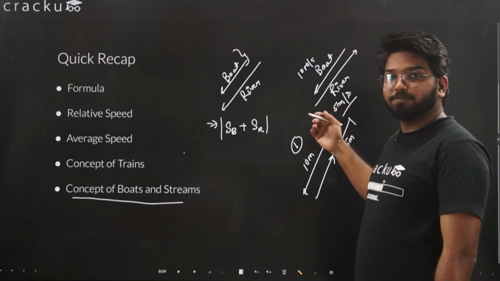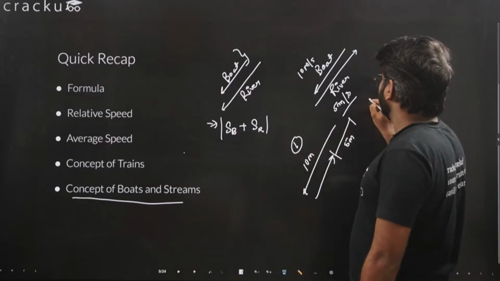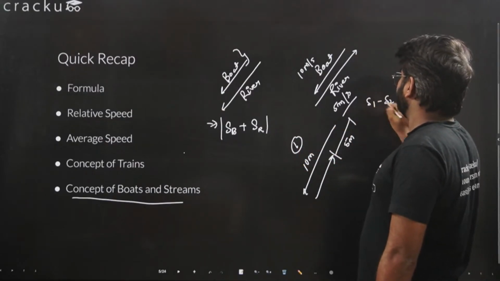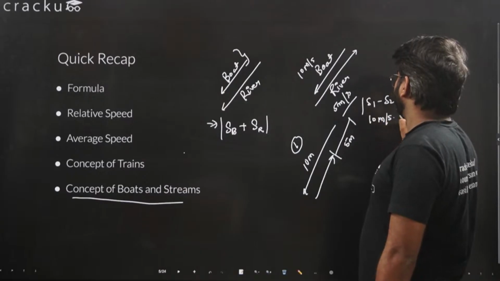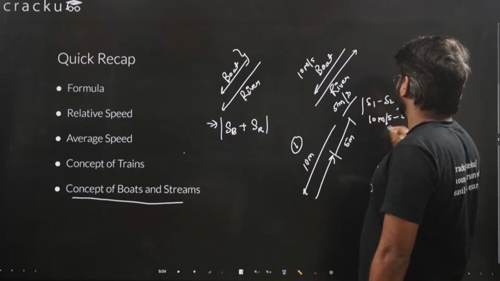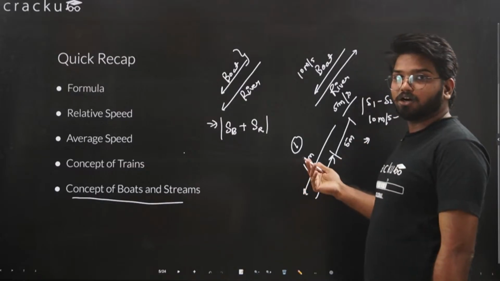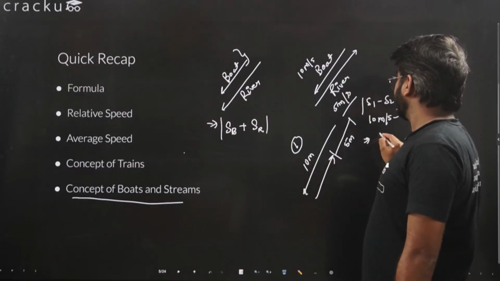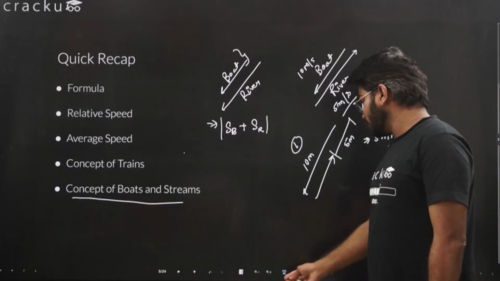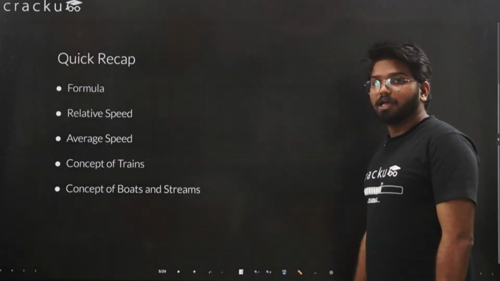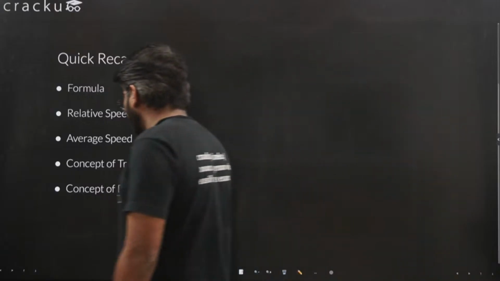The relative speed will be the difference of their speeds, that is S1 minus S2, with modulus. Here it will be 10 meters per second minus 5 meters per second. So the relative or effective speed for the boat will be 5 meters per second. This was the whole concept that you have already covered. We'll move on now. The next topic we have is